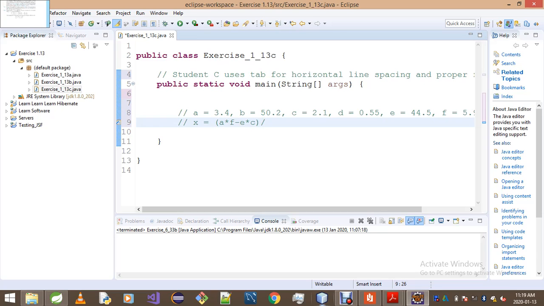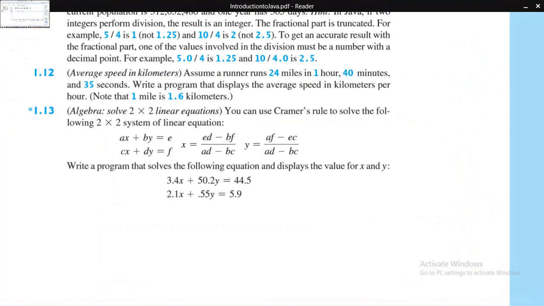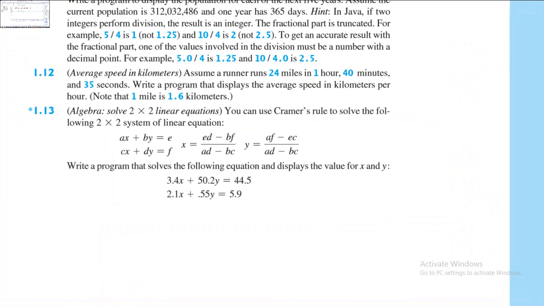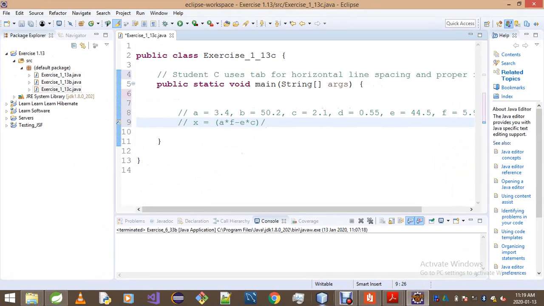But I'm taking this from here, you guys. As you can see, I'm taking it from what you give in here. So our numerator, and our denominator have a being multiplied by d minus b multiplied by c. Okay, that's pretty much it for x, and then for y we have y being equal to